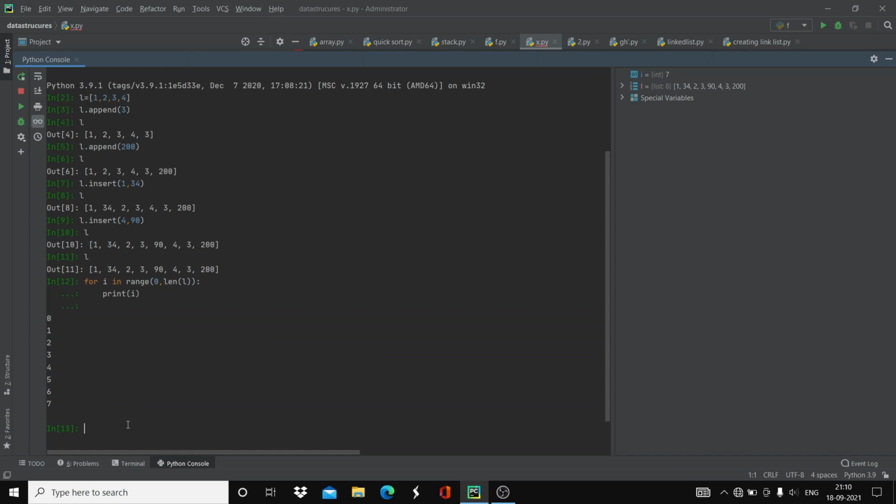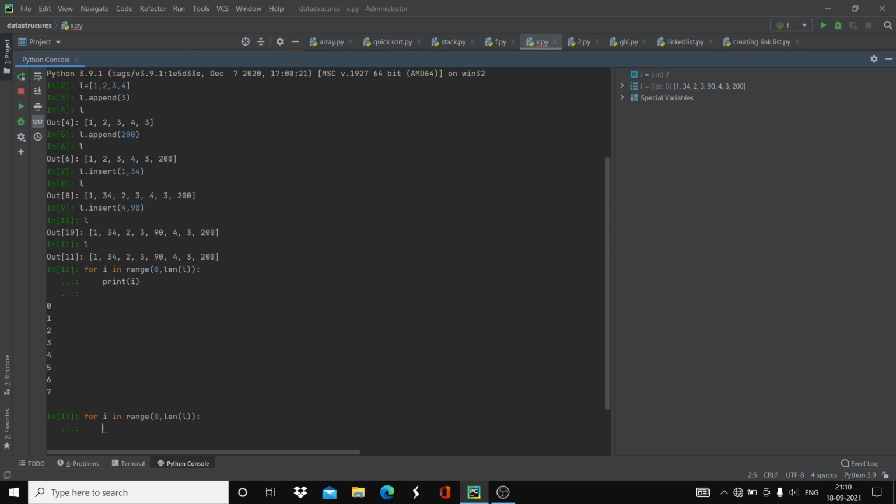Say I want to print the values which are present in the list: for i in range of 0 comma length of L. At the end of every for loop there should be a colon. This is the syntax. Print L of i. Here L of i indicates, for example, if i is 0, L of 0, where 0 is the index.